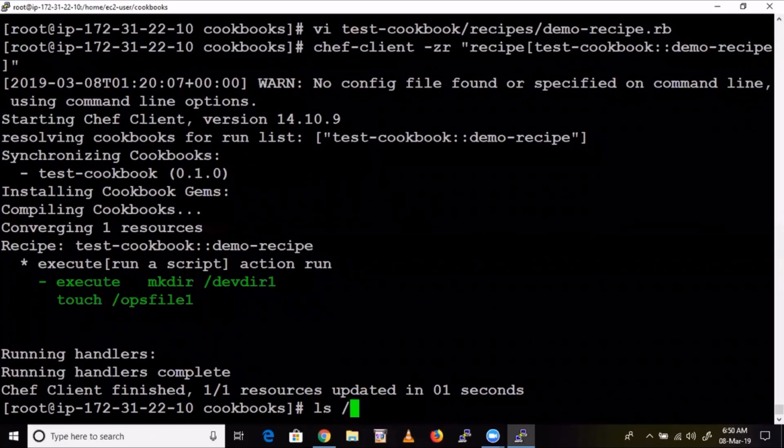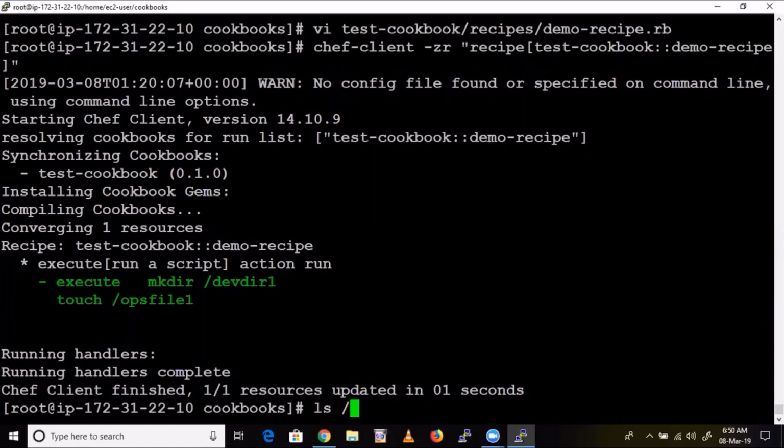Sai, one question. Yes. Here we commented out the first code, that is HTTP and hostname. So that is not going to come in this log. Yeah, because commenting means it's locked. Chef will not take that one. Chef will ignore that one. Okay.